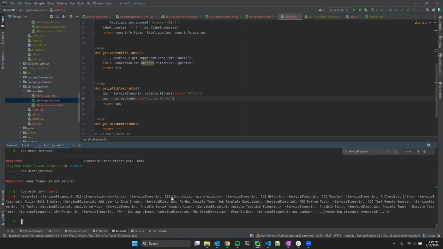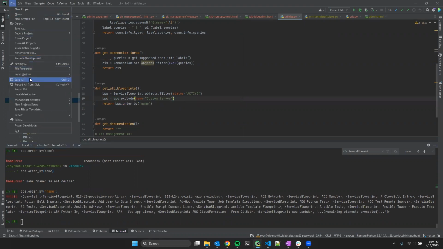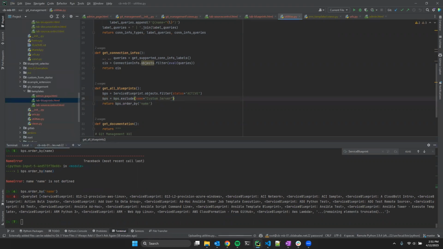Perfect. Puts the numbers first, the other ones later, go into your A's and the next one. So this is really pretty handy. So we can actually just do in our return, return the blueprints and order them by name. So that's going to sort our blueprints